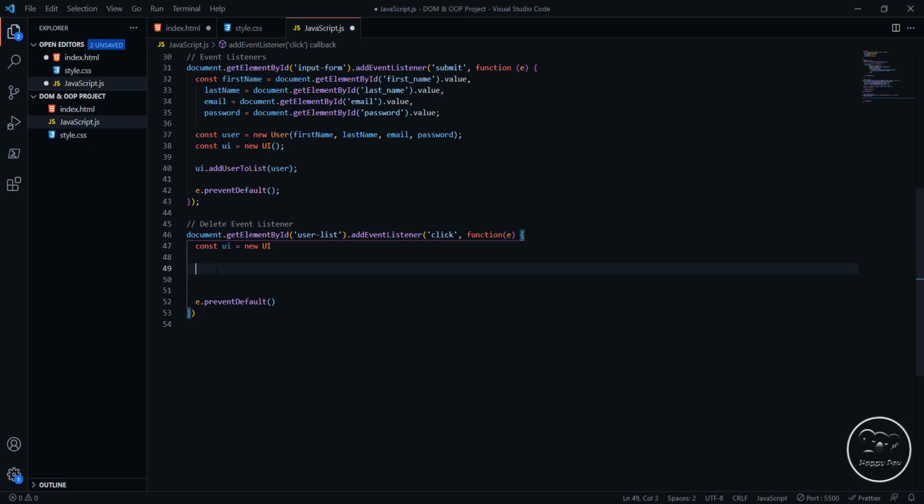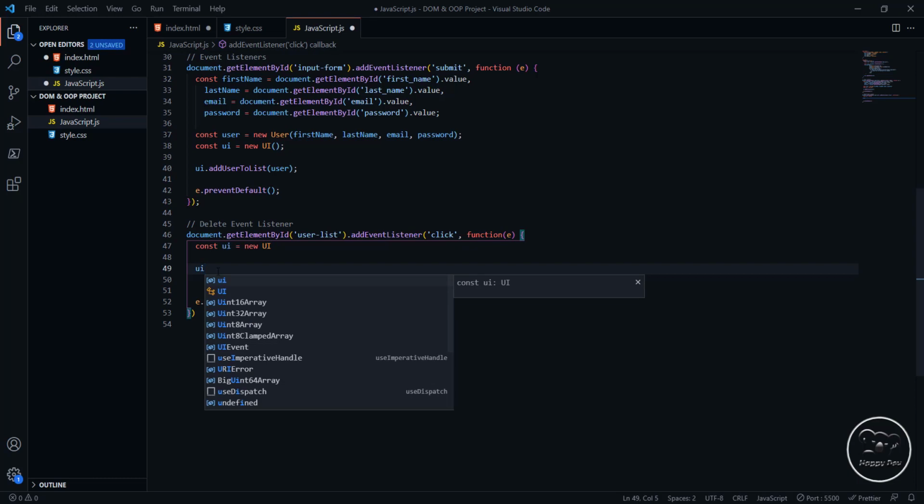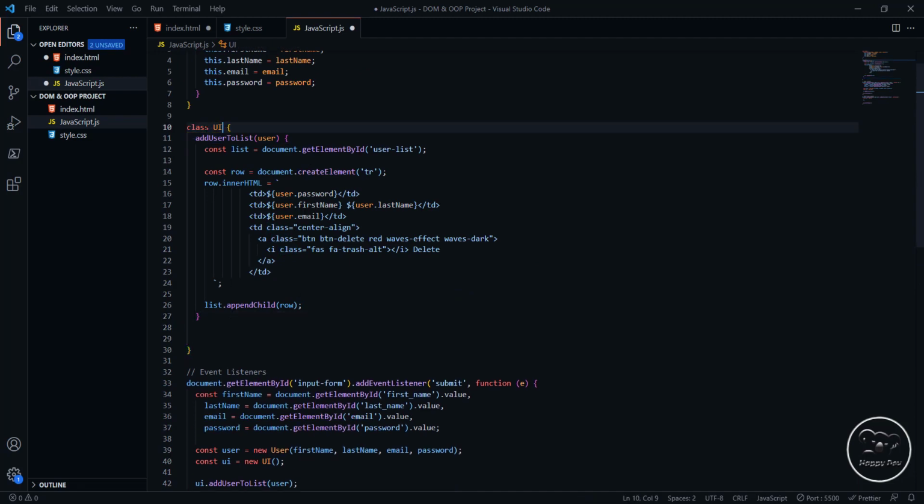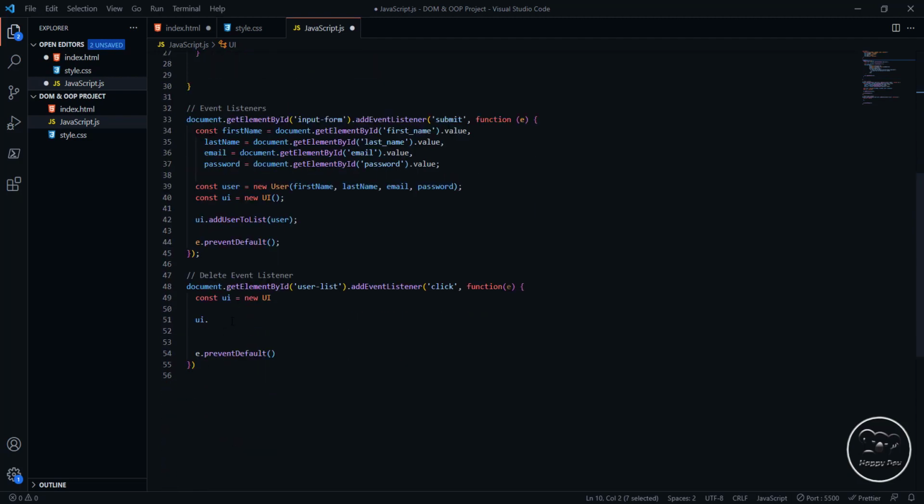It's an interface. So now we will delete on that one. Inside this one, we will have the delete function inside there. So we call the UI instance, ui dot delete